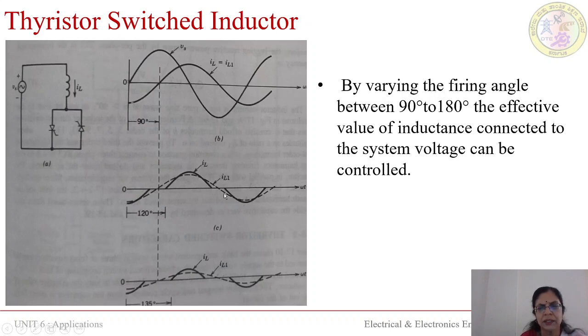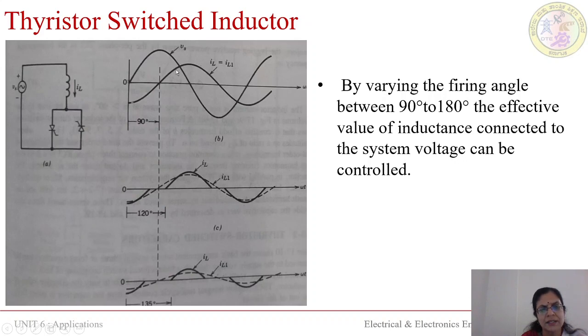Just to conclude again, I'll just tell. In the figure, you can see we don't have, like in TSC, that is thyristor switched capacitor, where to improve, you require more number of units. Whereas in thyristor switched inductor, you have only one inductor, two thyristors. Just by varying the alpha at different angles, you can compensate the VAR. That is, reactive volt ampere can be easily compensated.